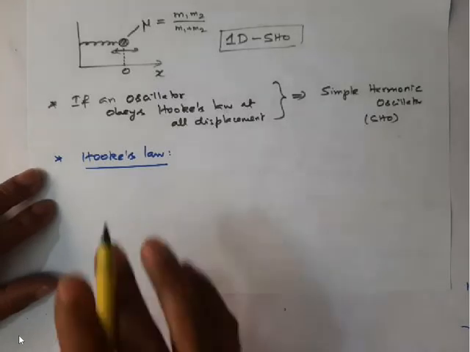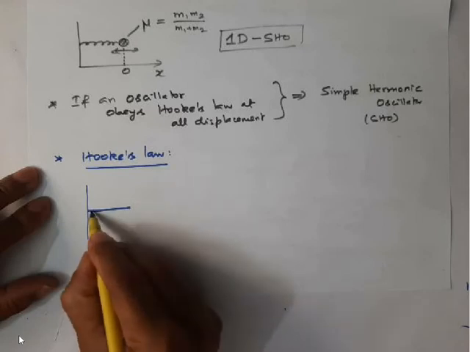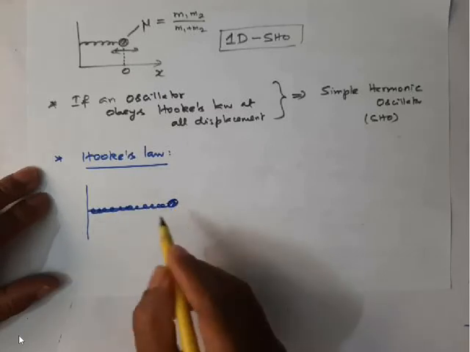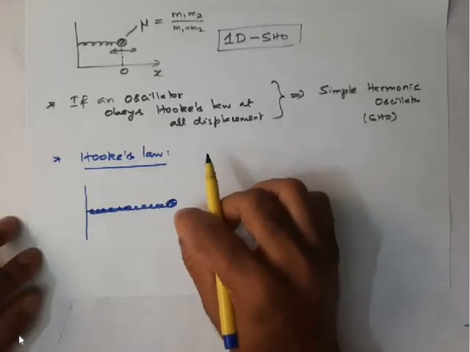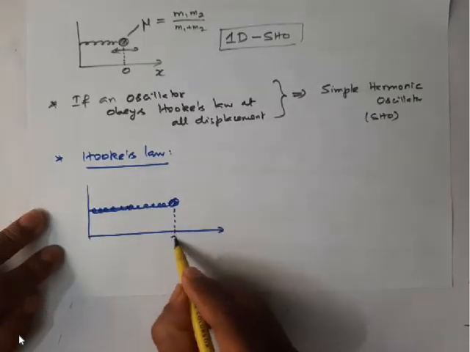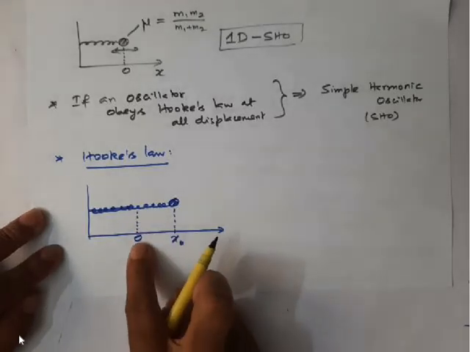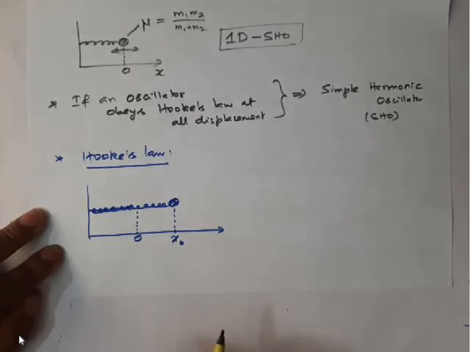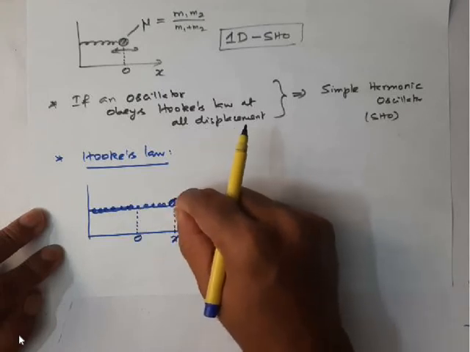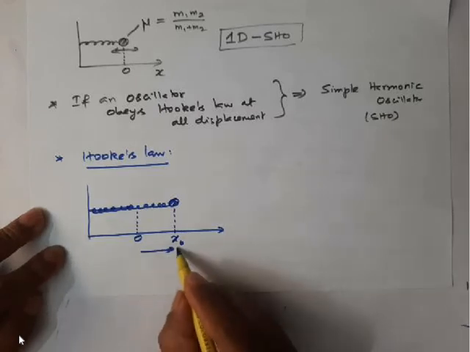According to Hooke's law, when the object undergoes oscillation, say for example, let me take that object in a stretched manner. I have elongated it, so it is kept in a stretched manner, where this length is x0, and let us assume this is the equilibrium position. At equilibrium, displacement is 0, x value is 0. Now I have stretched the single body and kept it at a distance x0, where x0 is called the amplitude.